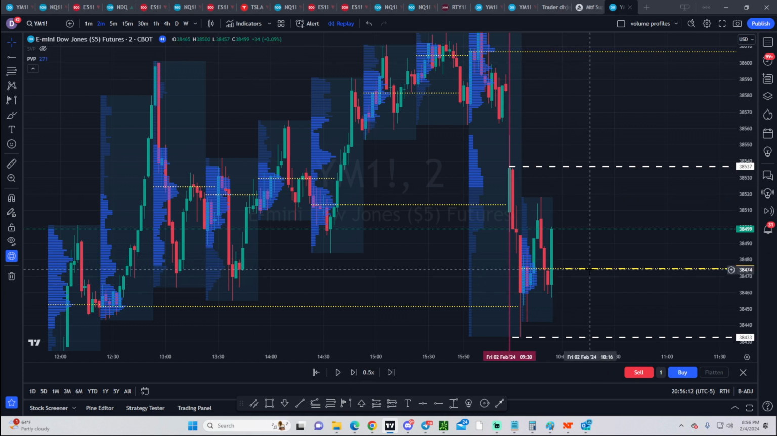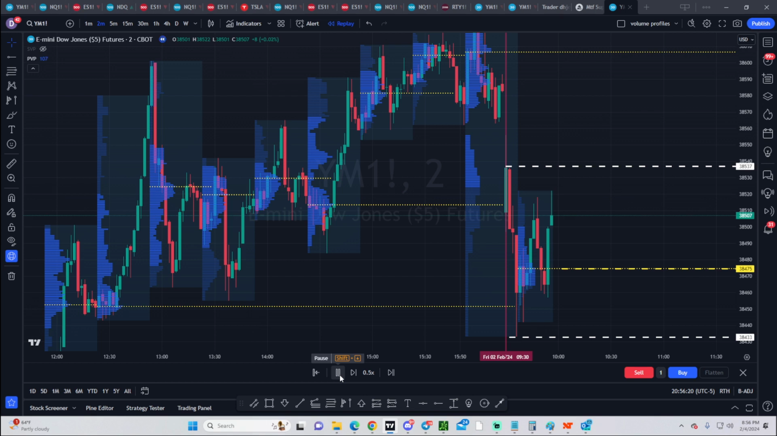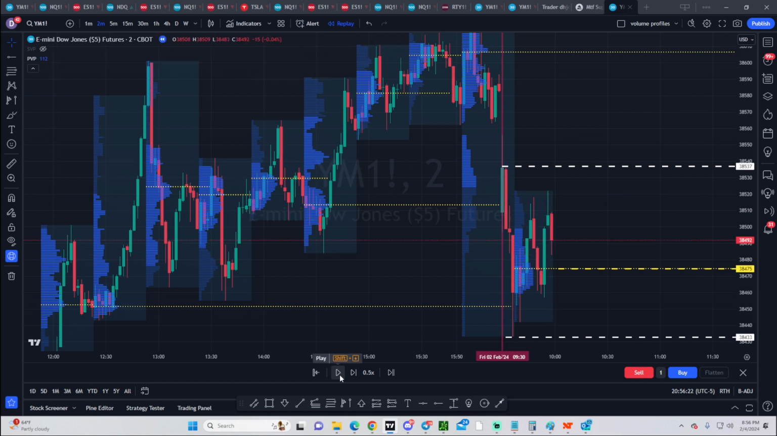POC on the bottom here as price is moving up. Let's pay attention to that POC because it's right here and the time is 9:54. See the time here is 9:58. So technically speaking,